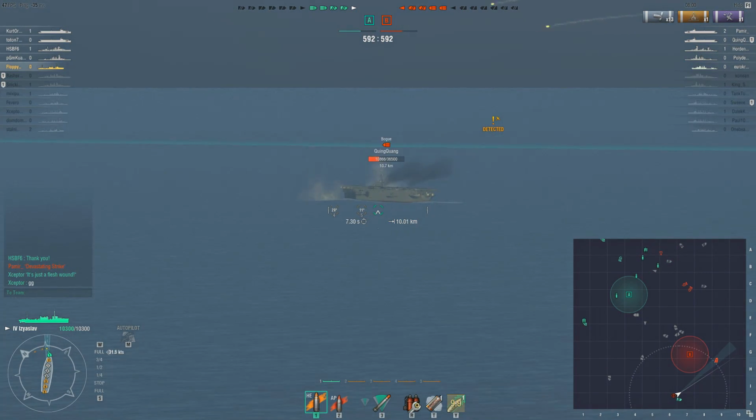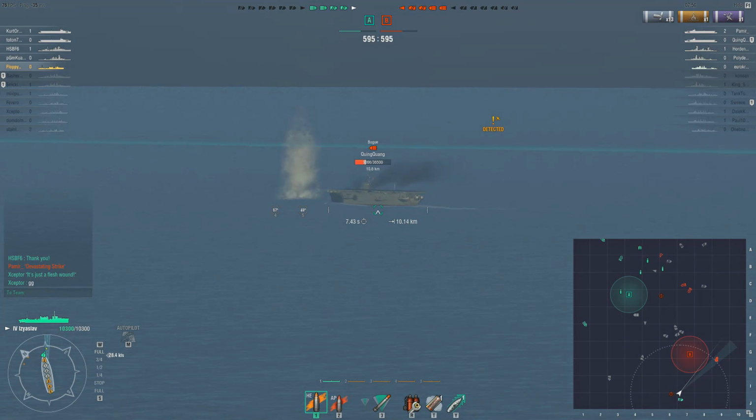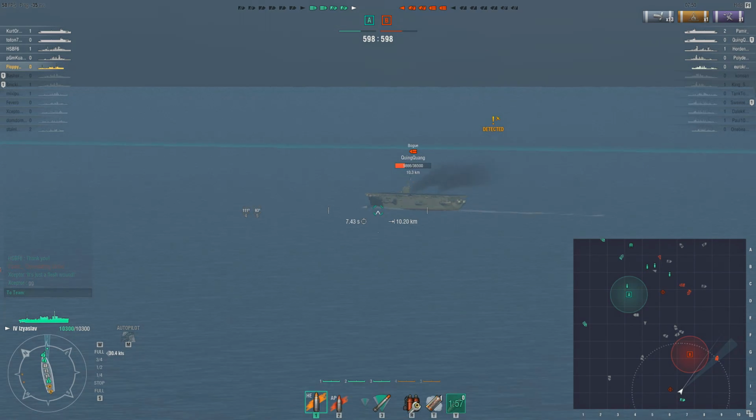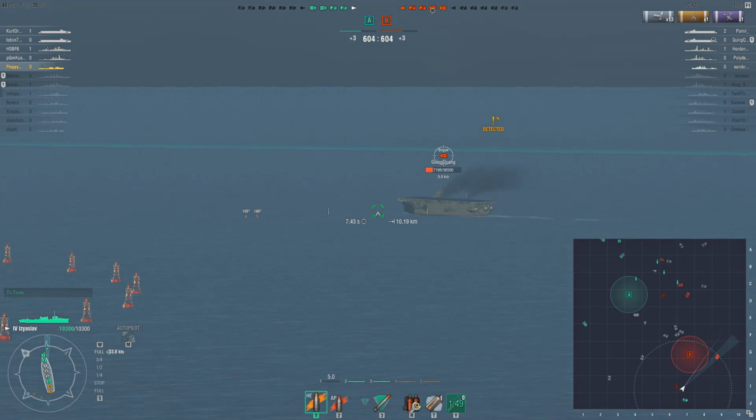So this is a bit further on. We chased down their carriers. I actually circled back to being near the friendly Congo to give him some air support, or rather I thought he was going to give me air support because, you know, it's a Congo. The fully upgraded Congo has got pretty decent anti-aircraft guns for its tier,